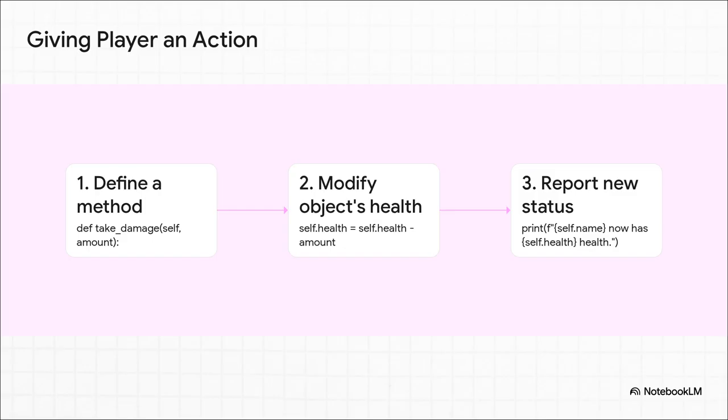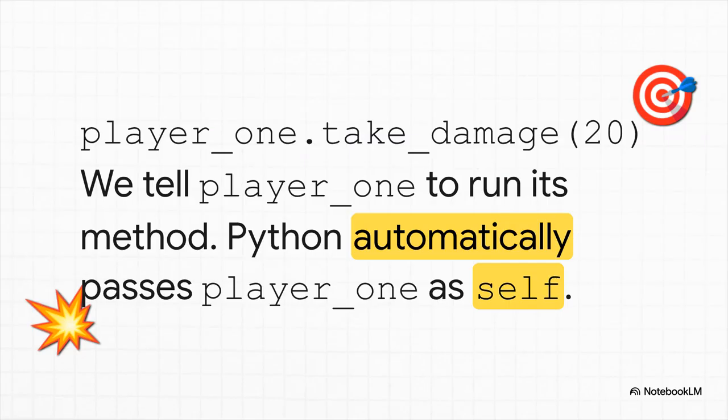The object is literally saying, go find my own health, subtract this amount, and then update my own health with the new value. It's how an object changes itself. Time to put it to the test. We call